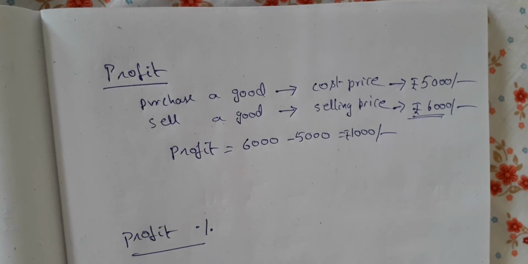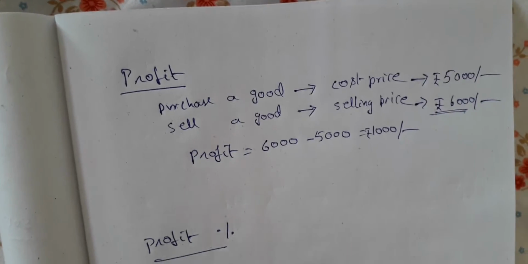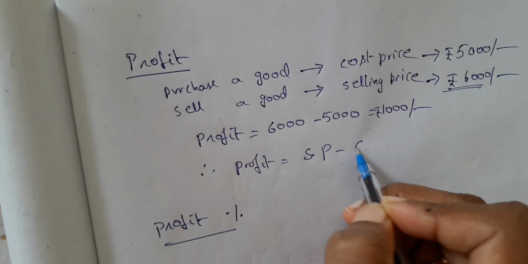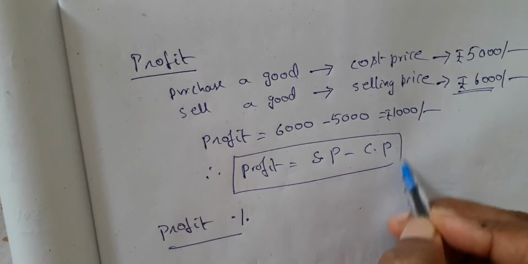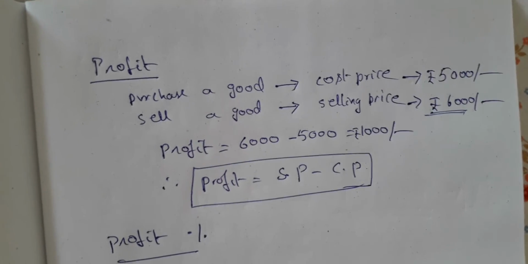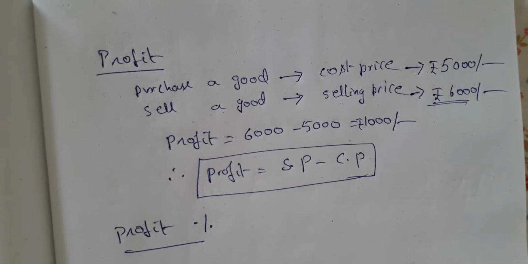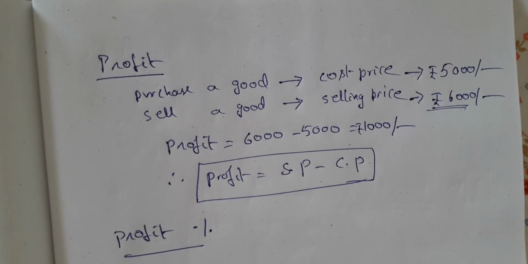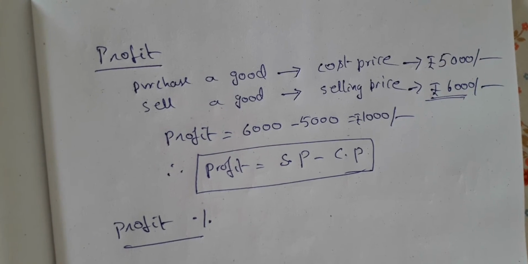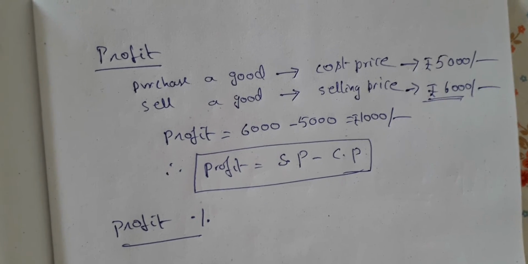We purchase for less and we sell it for a higher price. So I'll write it here: profit is equal to selling price minus cost price. Please children, never memorize it as a formula. Absolutely it is wrong. Understand what is meant by selling price and cost price, like for what did we purchase, buy, sold. Words you should understand. You apply your common sense for it. Please don't do that.